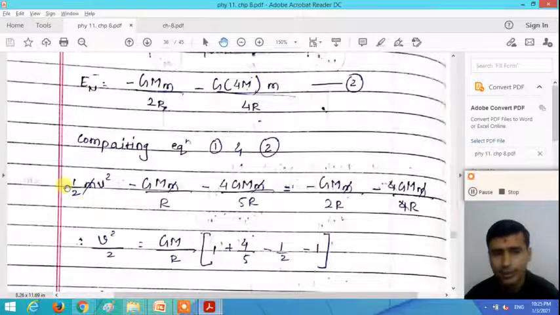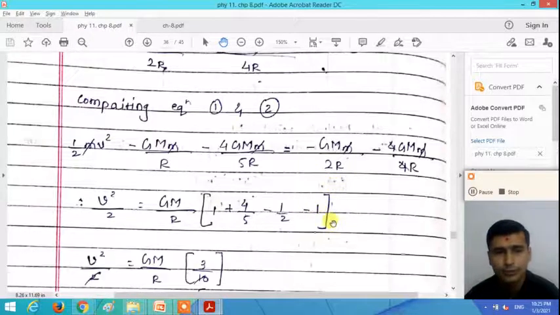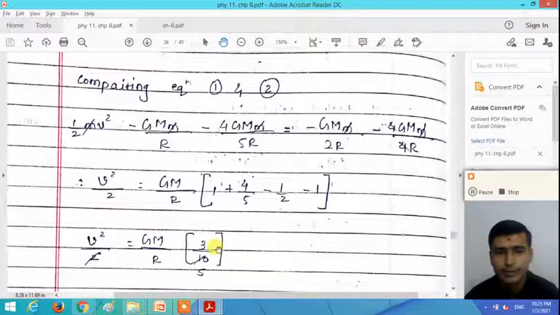No, right? Capital M is not cut out. So here small m is cut out from every term. We get V square by 2 is equal to Gm by R common, right? We get 1 plus 4 by 5, this minus 4 by 5 we take on the other side, we get a plus 4 by 5 minus 1 by 2 minus 1, right? So if you calculate this, you get a 3 by